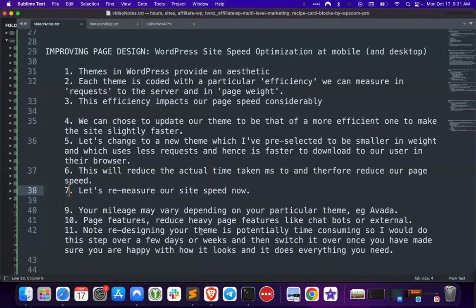This is video 2 in a series about optimizing your WordPress site for page speed at mobile. And in this particular video, we're going to talk about improving your page design with respect to influencing your page load time. So the first thing to understand is that we're in WordPress, so we use themes and plugins,